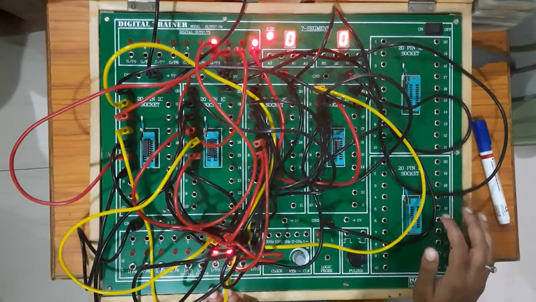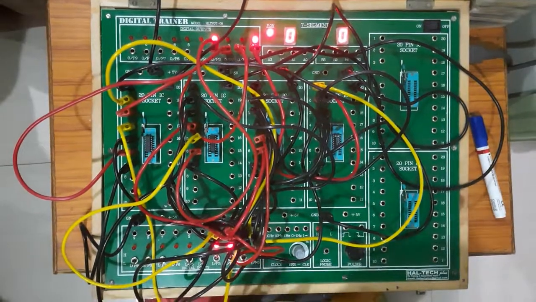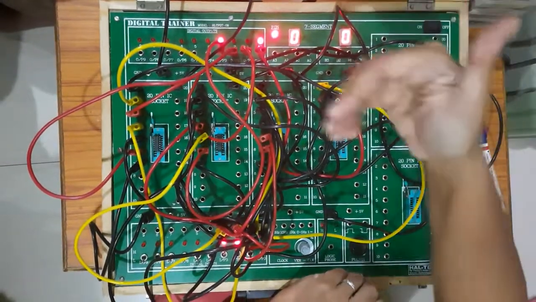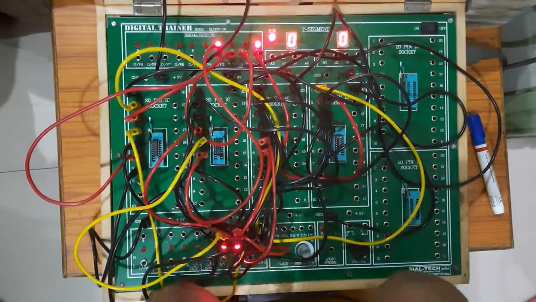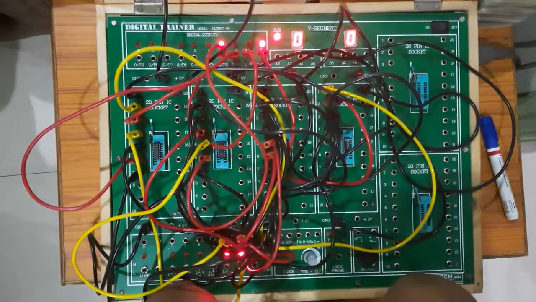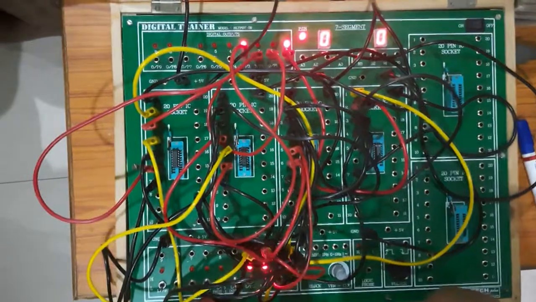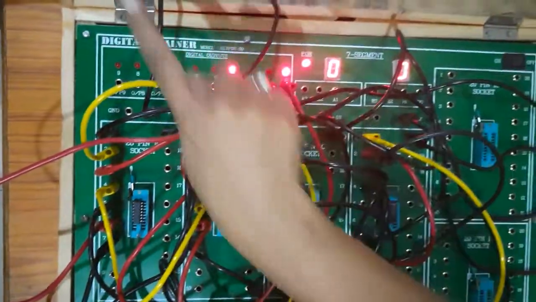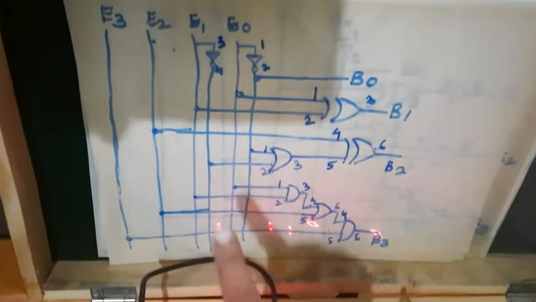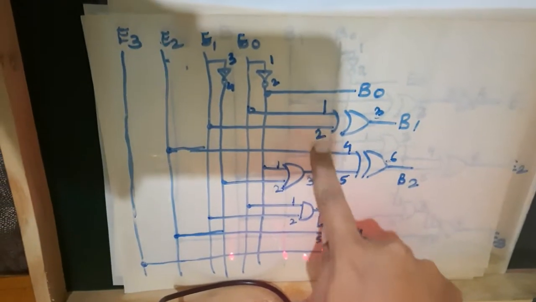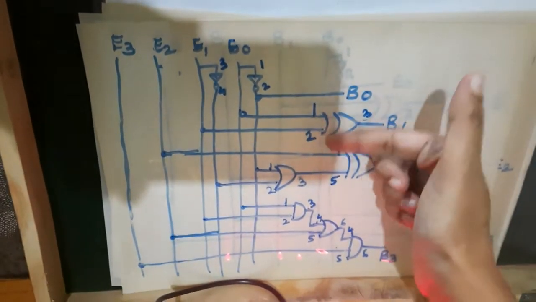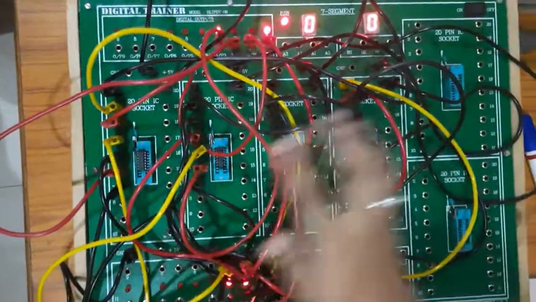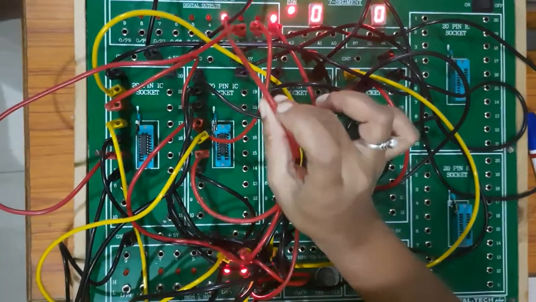I hope you remember all these things. So this is how we are able to implement the code converter BCD to XS3 and XS3 to BCD. Please keep in mind, you should remember the IC numbers. You have to refer to the chart. Based on that chart, whatever equations we obtain, we have to design a circuit, and within that circuit we have to identify or map the pin numbers. Referring to those pin numbers, we have to connect these ICs together with the help of these patch cords.